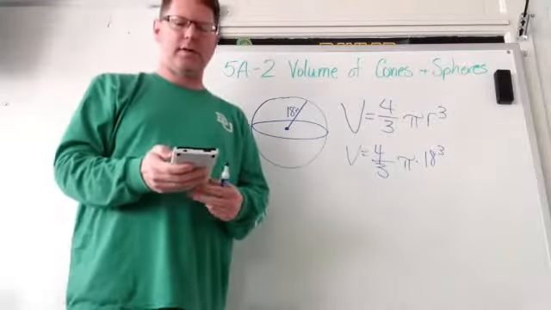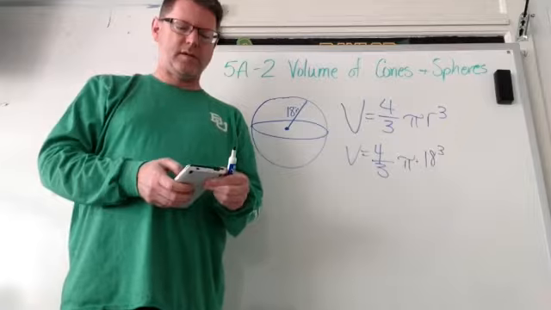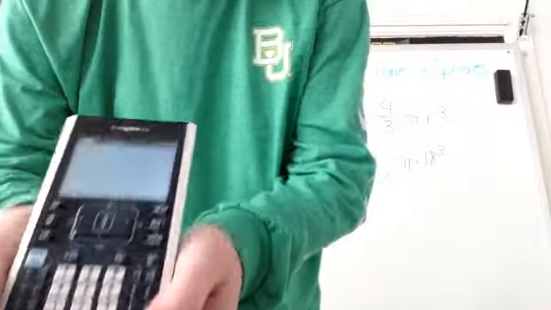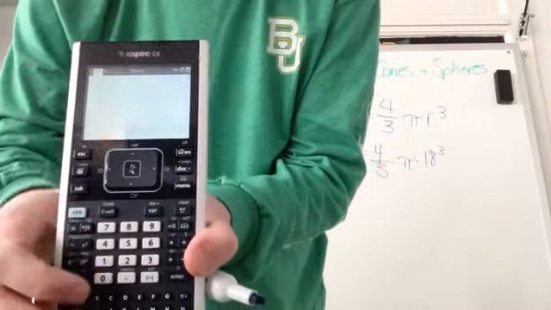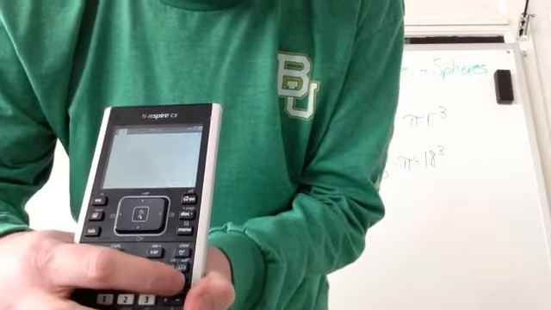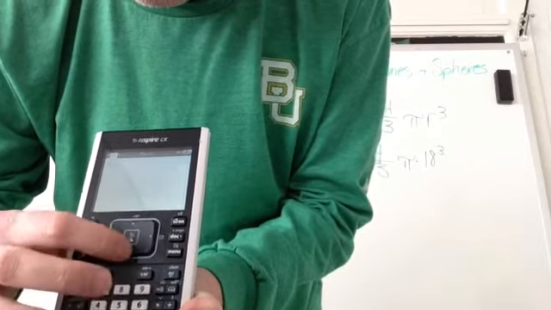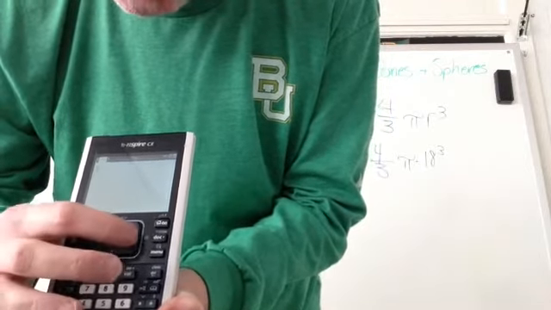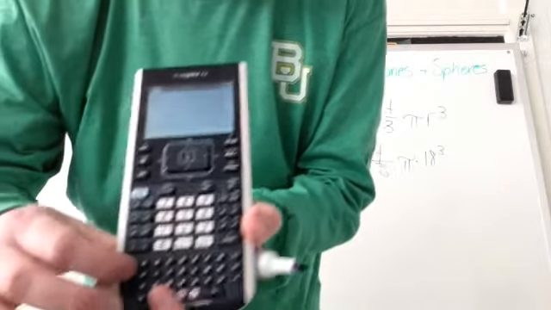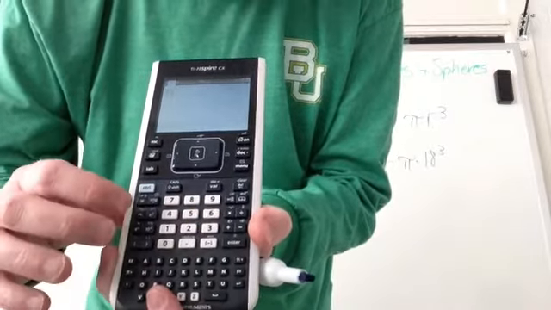And let's show you this real quick. So let's show what we're going to do on here, okay? So I'm going to see if I can show this to you right quick. Let's see if we can do this. So I'm going to see if I can do it backwards. So the first thing I need to do is go to Control, Divide, and that gives me a fraction. So I'm going to put a 4 on top, hit my down arrow to the third, go to the right, and then I'm going to multiply by pi, which is down here in the bottom corner, pi, and I hit enter, and then times,